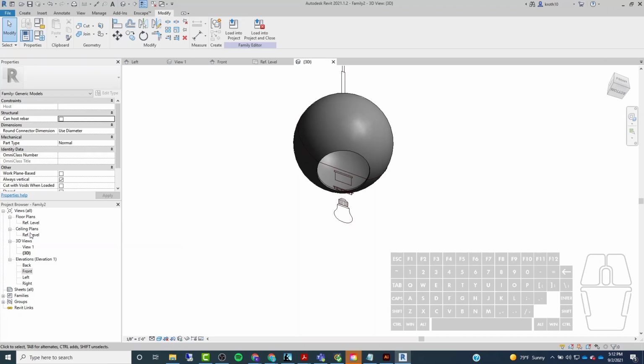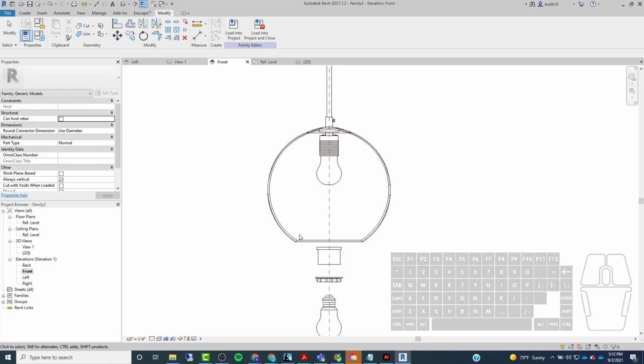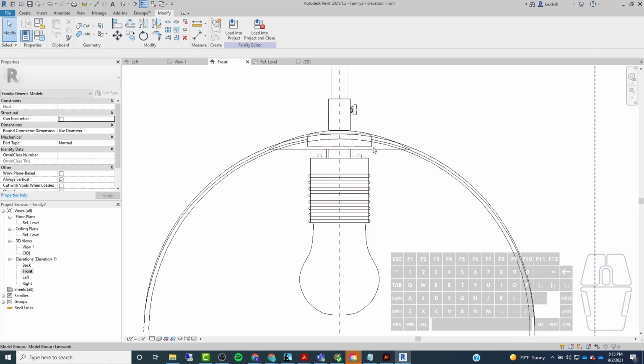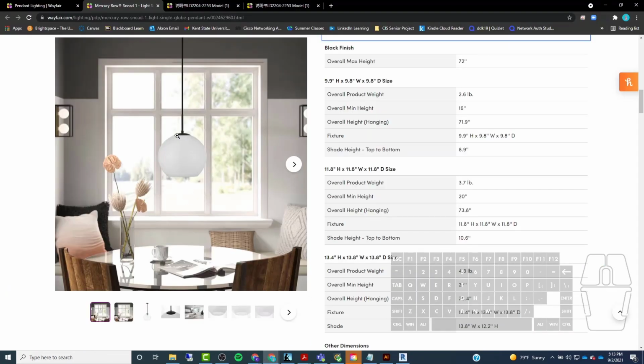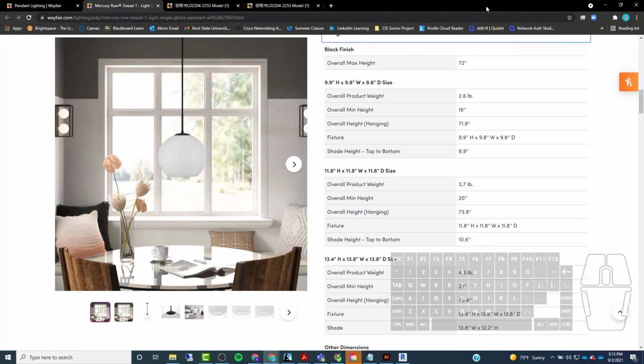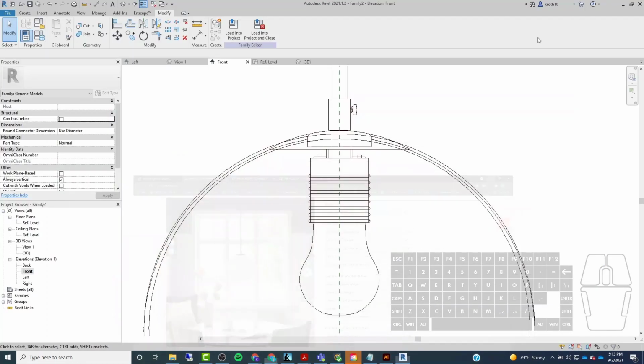All right, the final thing that I'm going to add to this family is the little metal cap that sort of goes on top of the globe itself. So let's go back to my reference. I'm going to be creating that little black piece right there that sort of sits on top of everything. All right, so to do that,